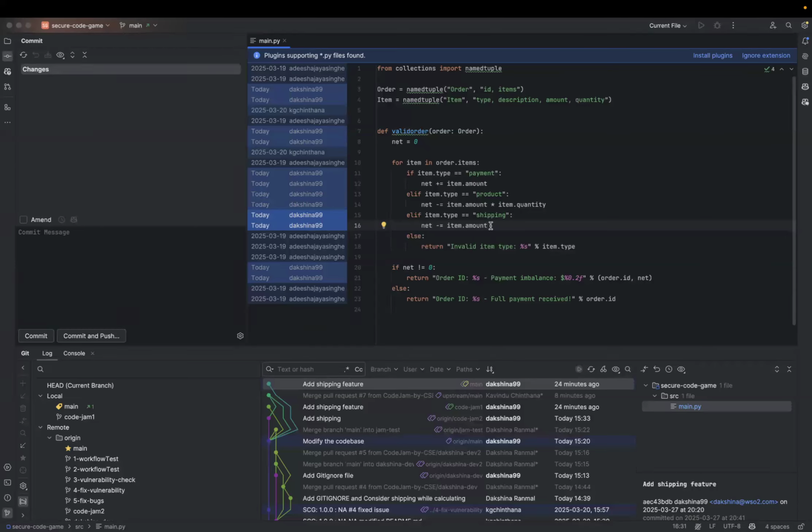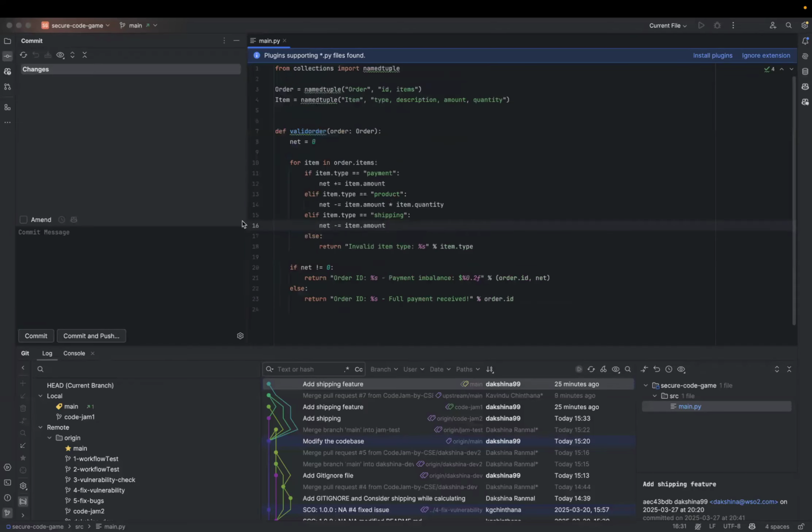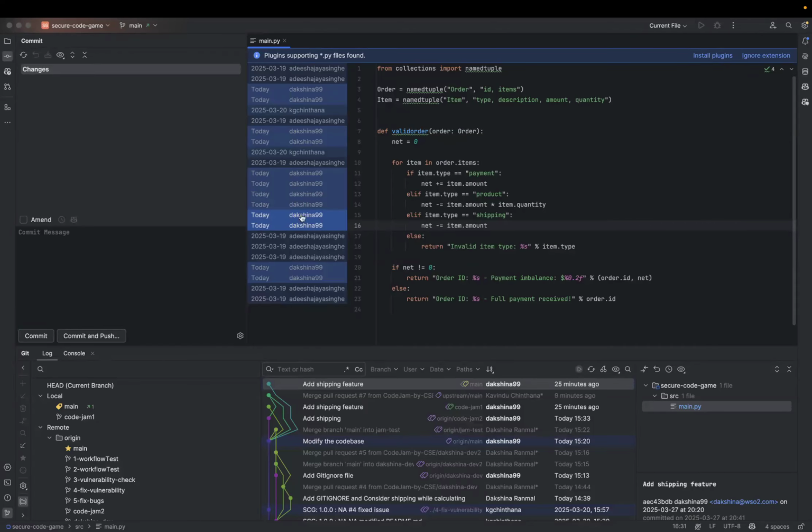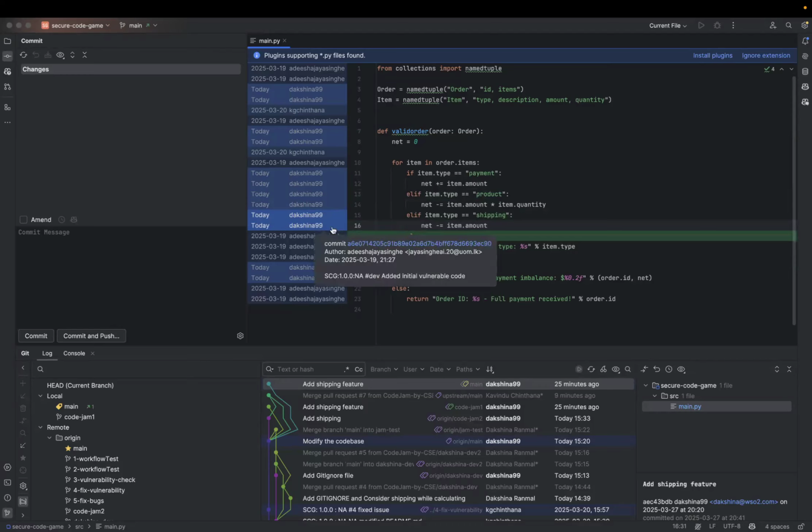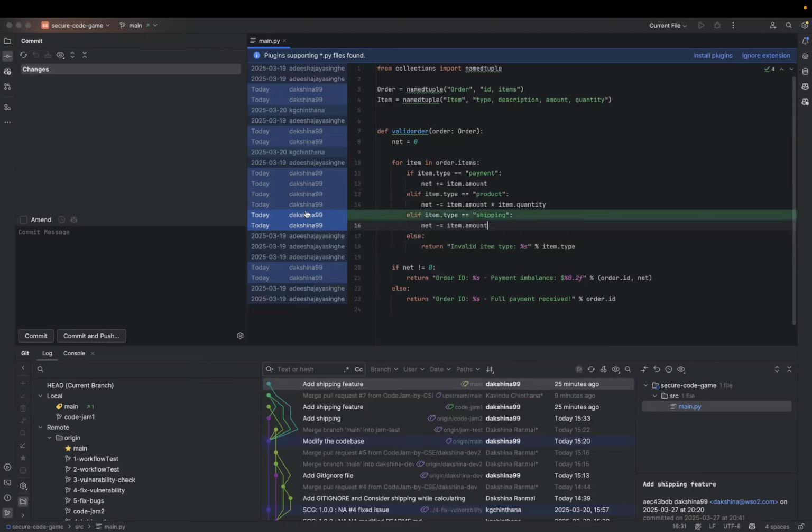Then once the feature gets merged, let's say a decade later someone will come and hit git blame here. In IntelliJ I can get a blame like this; in VS Code you have to do it in a different manner. Hitting on this, they will see that this line is from adding the shipping feature.